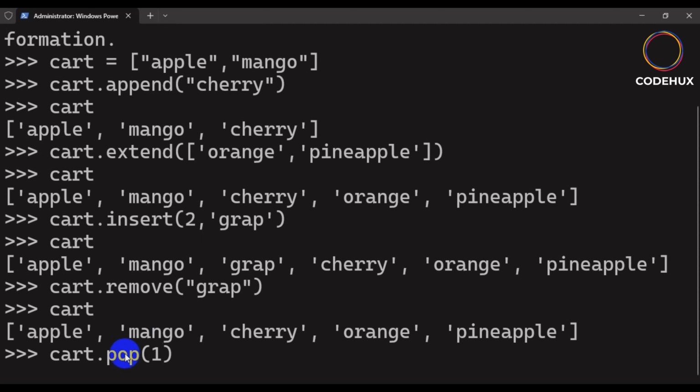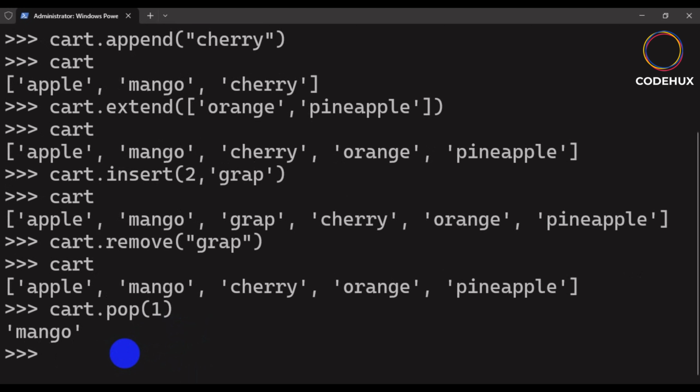But mind you, I would have stored it to another variable, because when you use pop, it returns the item. So let's just press enter. I think it will print it under. So you see it, it puts it under. But normally you are supposed to save this thing to a variable so that you can now further use it